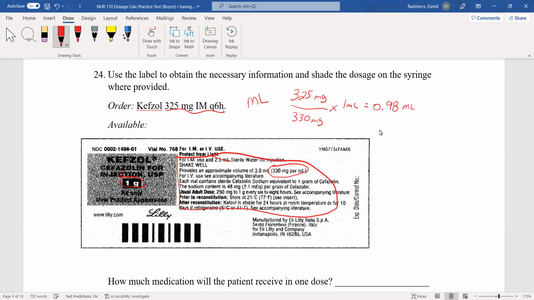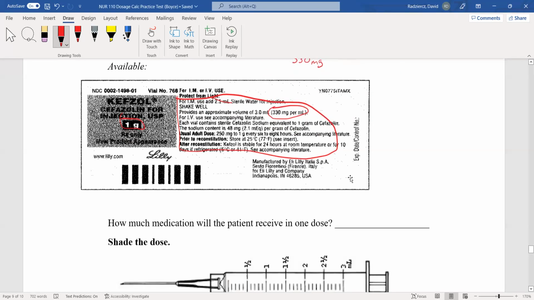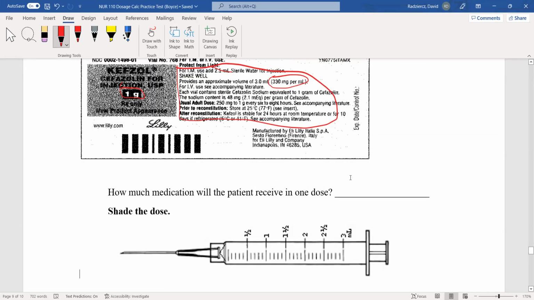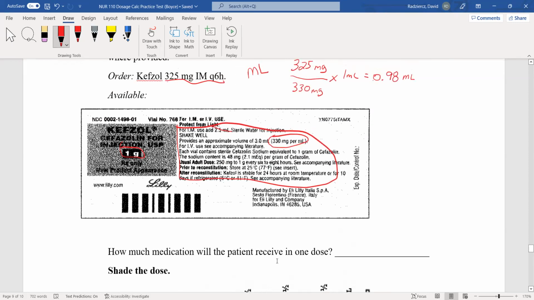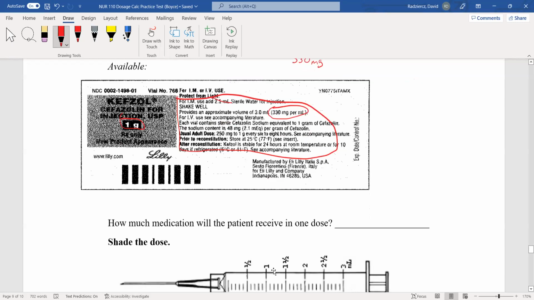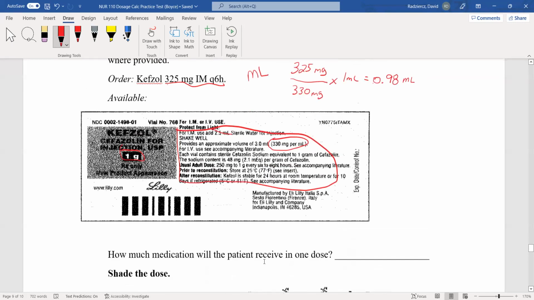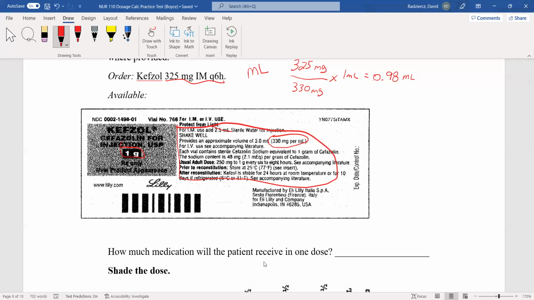Now, if you have to mark a syringe, like this question says to mark a syringe, you may not be able to get to 0.98. You can see that we have half a milliliter, so 0.5, then 0.6, 0.7, 0.8, 0.9, and then 1. If it's like that, my recommendation would be to go ahead and indicate it as 1 milliliter, because that would be the closest mark, and you want to mark it on the actual syringe. But your answer technically would still be 0.98